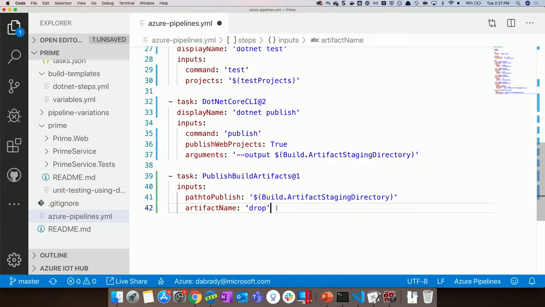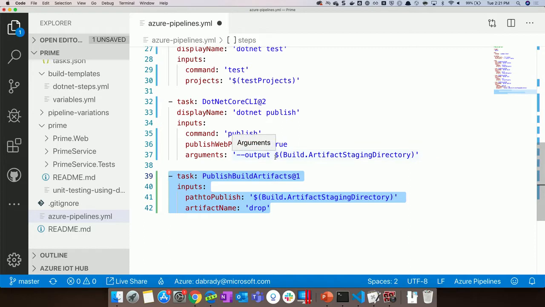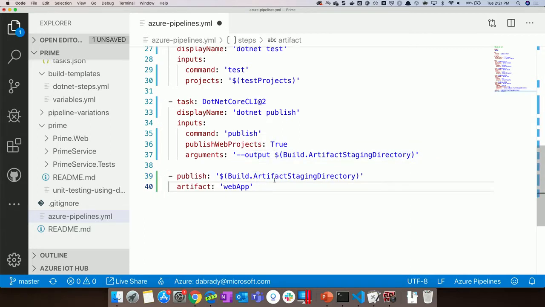Now this is a slightly old task. This is publishing the build artifacts. We're doing a lot more in the single pipeline, so a release is in the pipeline as well. So I can actually replace that with an artifact publish, or a pipeline publish, sorry. So this is a publish of the artifacts themselves up to the pipeline rather than the build. So we're talking a bit more of the pipeline here.